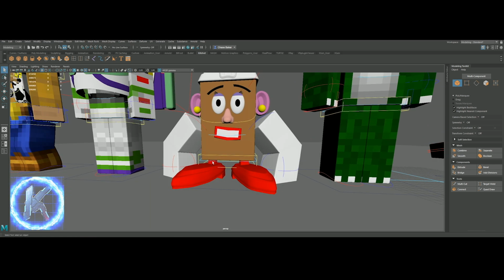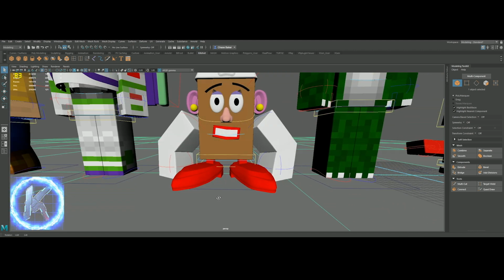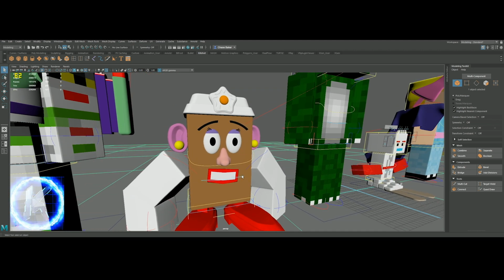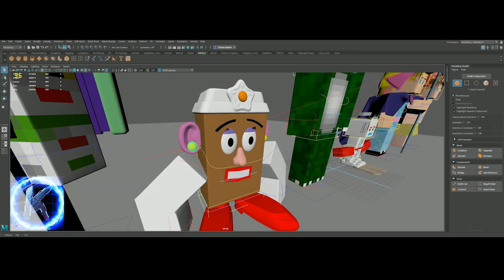Instead, I just removed her legs and added on her red shoes, and it looks good. But this accessory right here, the head and the ears, are the same for both Mr. and Mrs. Potato Head. I just added the yellow spheres for the earrings,